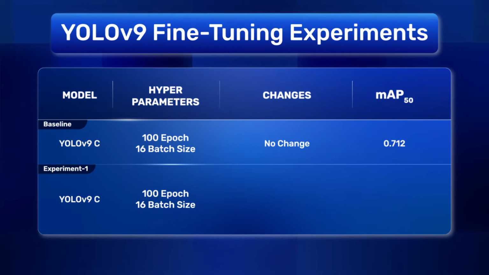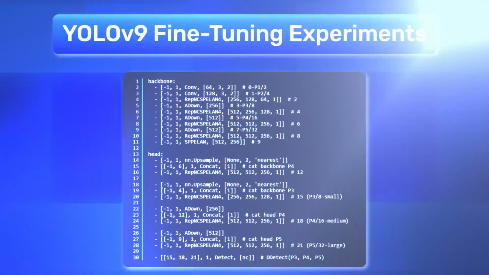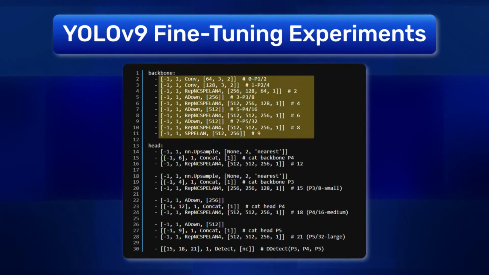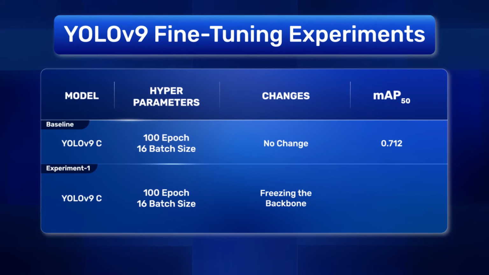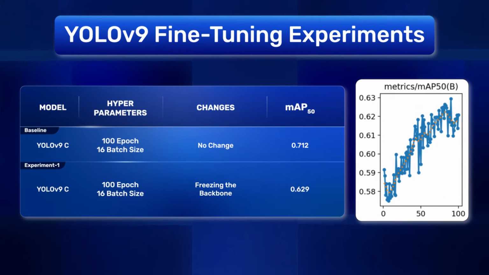In our first experiment, we freeze just the backbone. YOLOv9 has been trained on tremendous amounts of data. The backbone is already good at extracting the features, so it doesn't make sense to train it again. In the model architecture, the first 10 layers represent the GELAN backbone. We're gonna freeze this. Freezing the backbone and then fine-tuning the model, we get 0.629 mAP50 value, which is lower